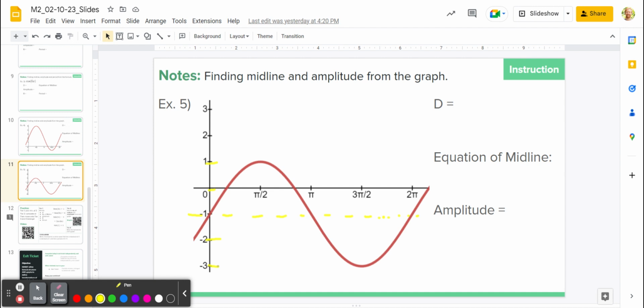My vertical shift is going to be at -1. That puts our equation of the midline at y equals -1. And then again, for our amplitude, we're looking for, all right, what is the height between that midline and that peak, or the midline and that valley? And in this case, it is 2 tick marks, so our amplitude is